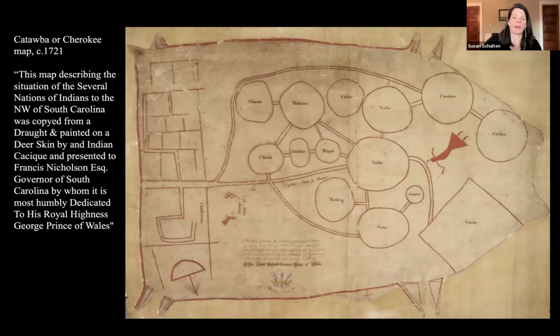And to understand that, I'd like you to turn to a very, very different picture of the Southeast. This is a map that we can't date with any definitive certainty, but the best estimates are that it was produced in about 1720 or 1721. So exactly the time that Moll and Delisle are engaging in this back and forth of mapping and countermapping. But neither Moll nor Delisle give you any indication that there is a deadly war, the deadliest war to that point in the colonies, which was